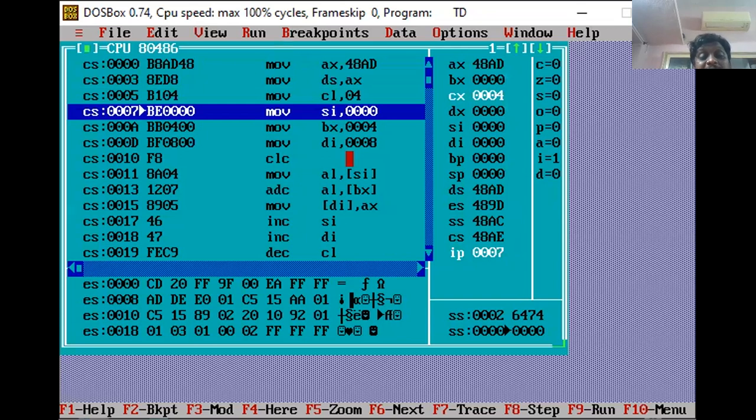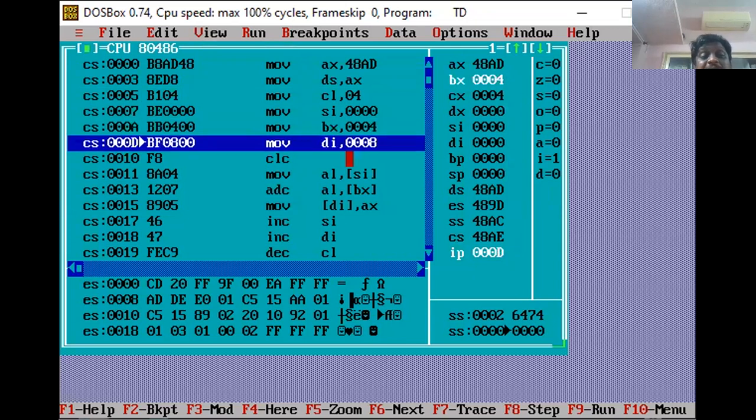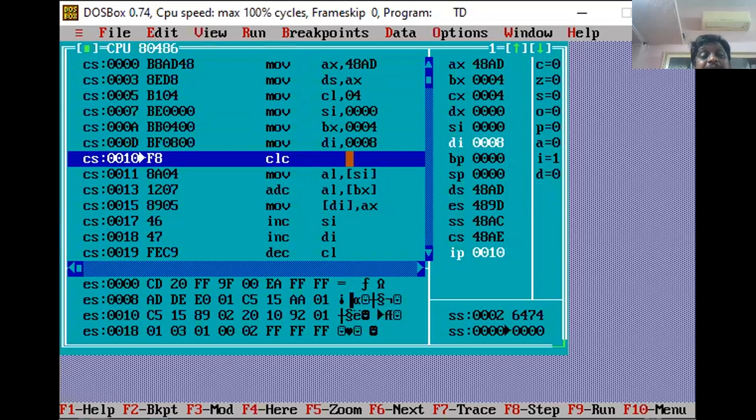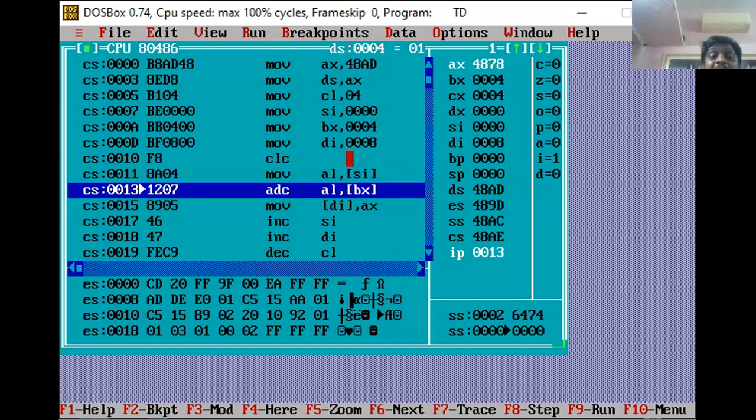Move into SI the contents of the first one. I'm just moving the address, the effective load address. Now the moment I run this program, everything is loaded up, no changes. Look at it, the moment AL comma SI executes, the lower register, the AL part, is changed with 78.